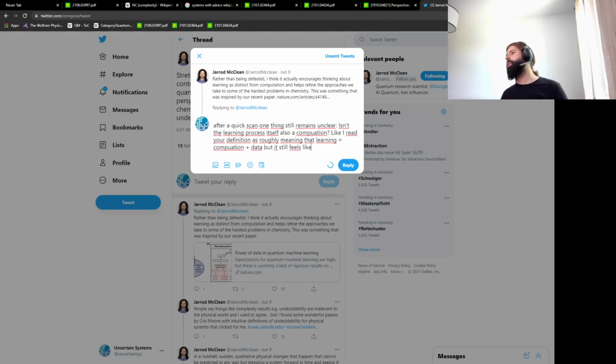It still feels like the process itself is a computation. So the computation part would be like the query part of it, right? But it still feels like the actual process